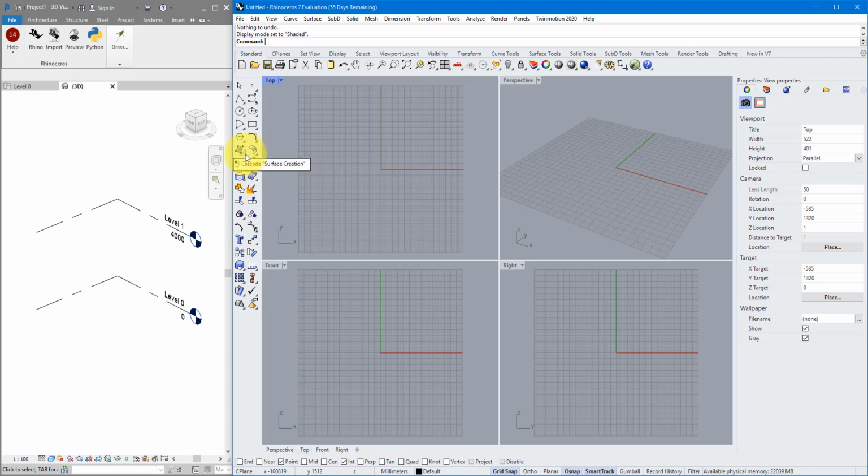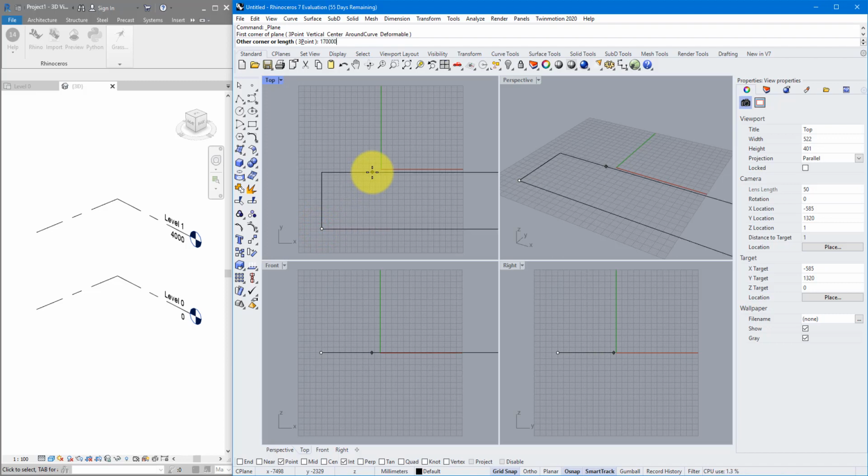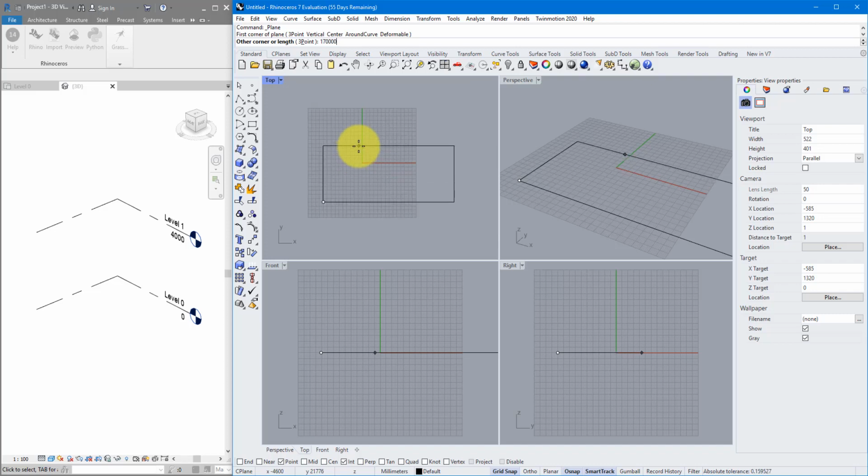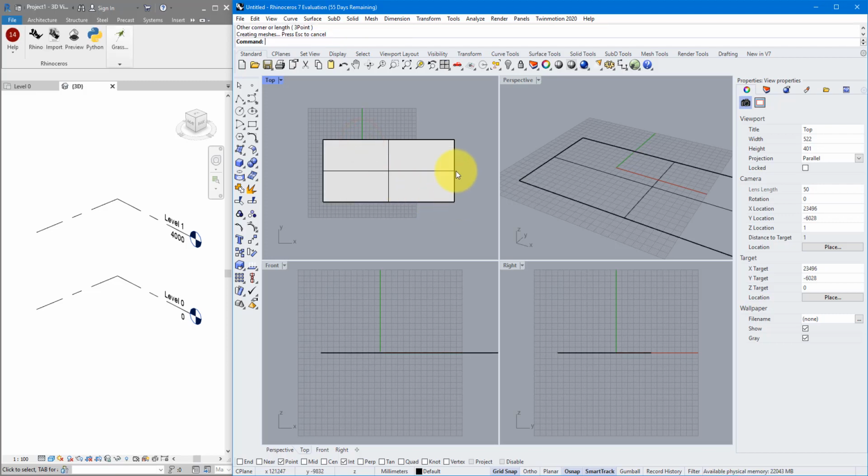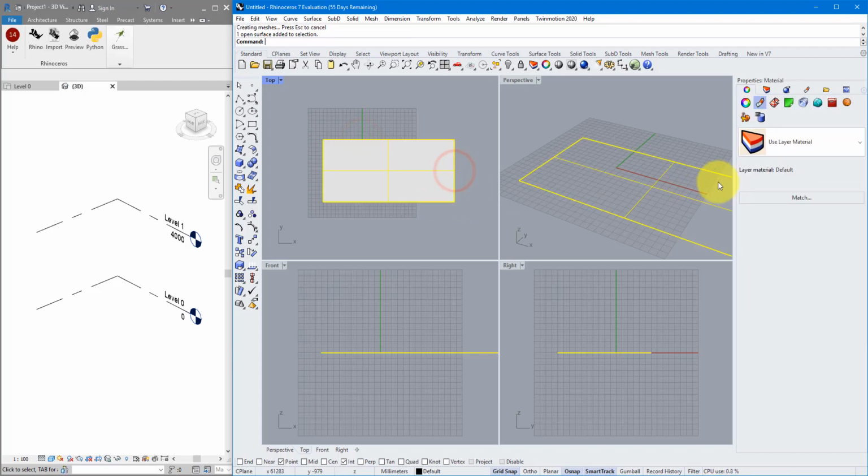I can go to here now and choose rectangular plane. The first point can be anywhere, and then we can specify the length of the plane itself. I know it's going to be 170,000, and then the width can be anything you like. I will just do it proportionally, maybe to here. We can now select this plane, go to materials, and now instead of using the layer material, I can click